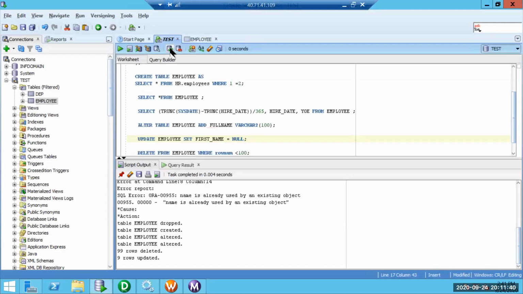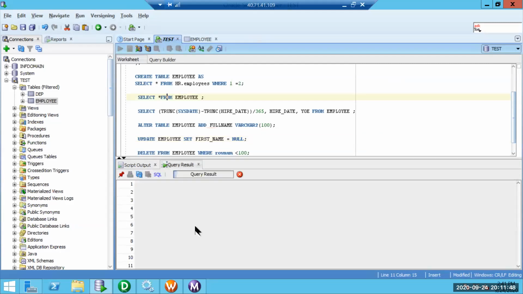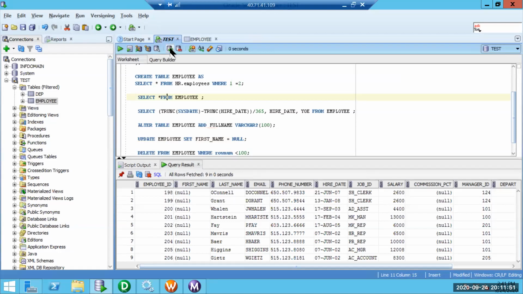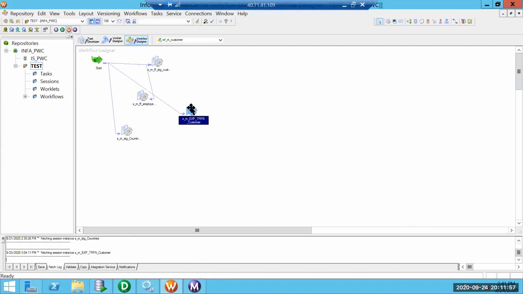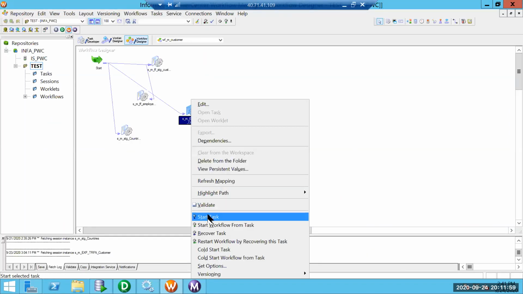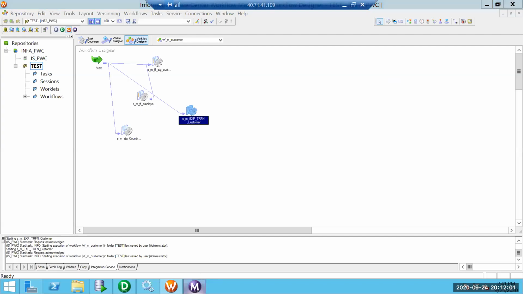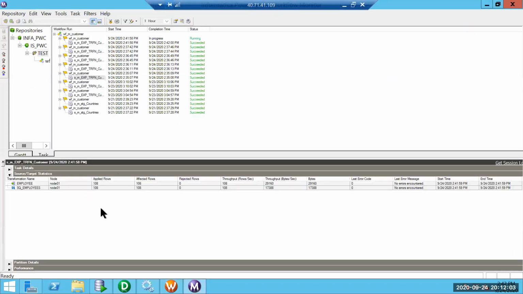I updated the data, issued a commit. Now let me see the data. Perfect. I don't see any first name column values. For the 9 records, we see only 9 records. Let me run the session and see what happens. Perfect. 108 records.